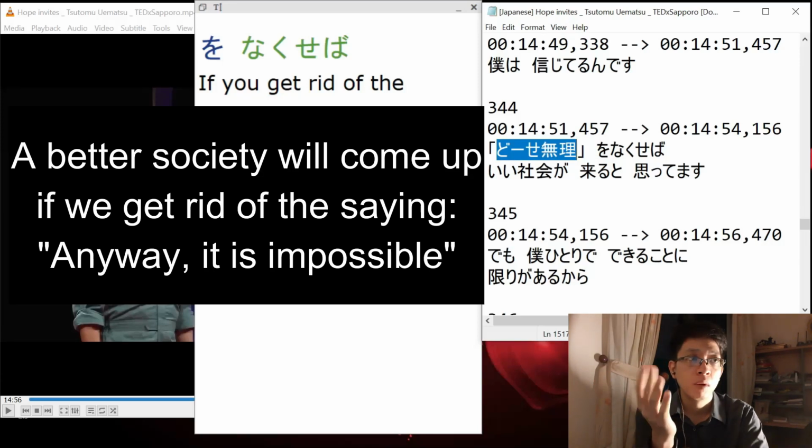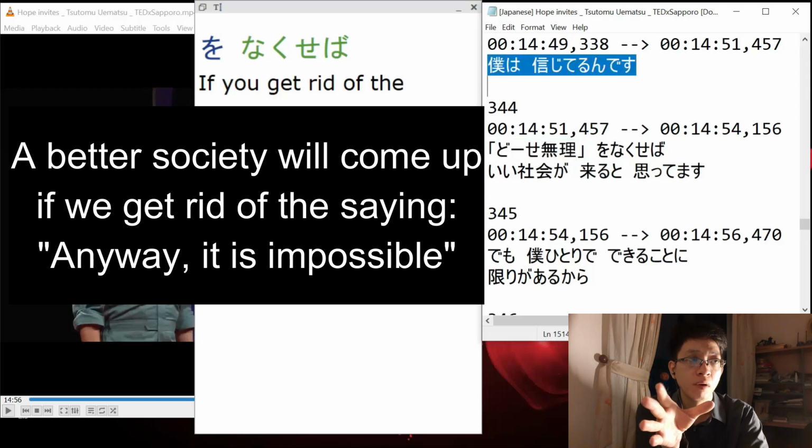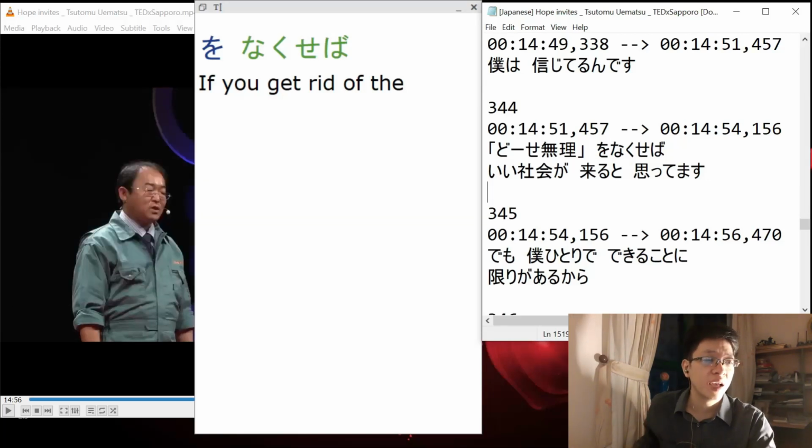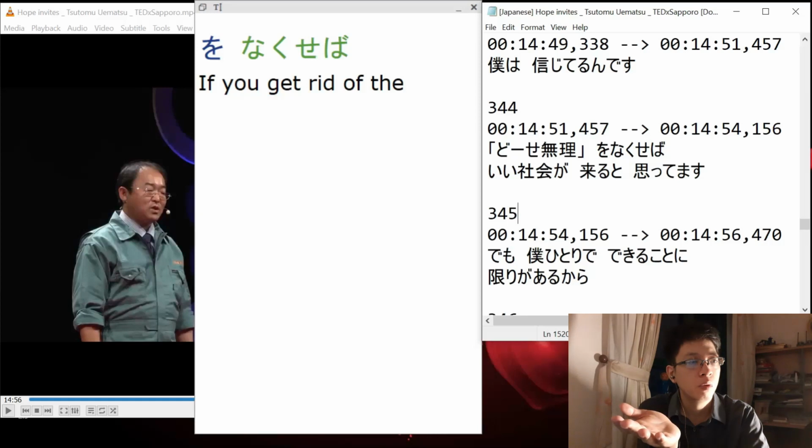Wow, okay. But like I believe. Okay, this one is a different sentence. I believe, right? Boku wa shinji teru. And then saying anyway is impossible. If we get rid of that mindset, if we don't say things like that, right? Yeah, okay. And then boku demo